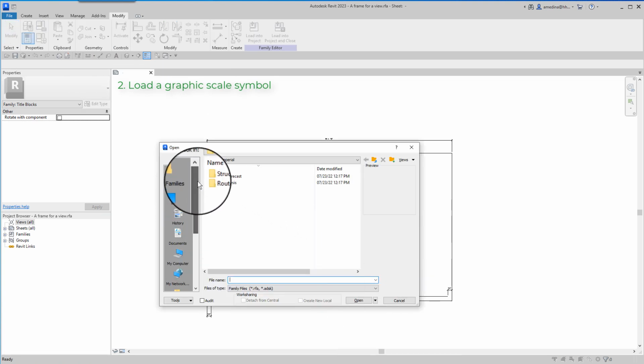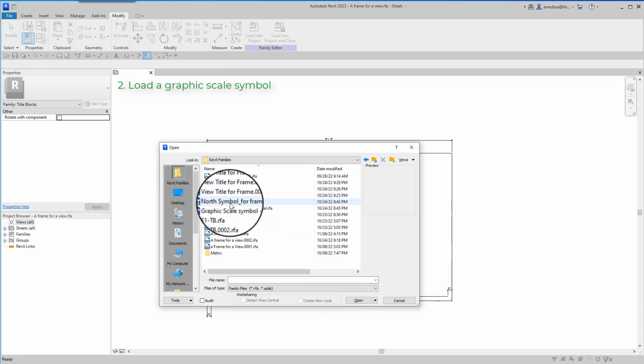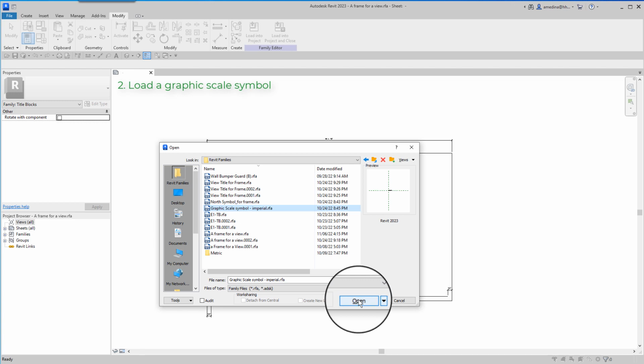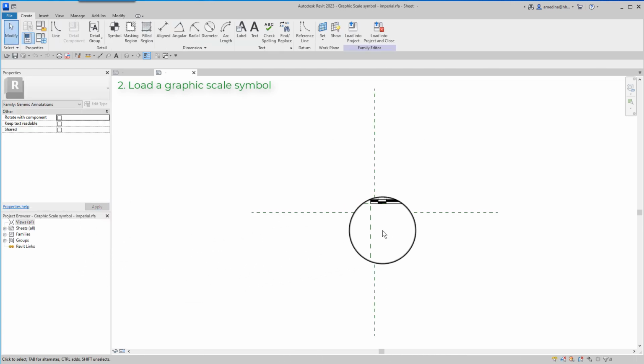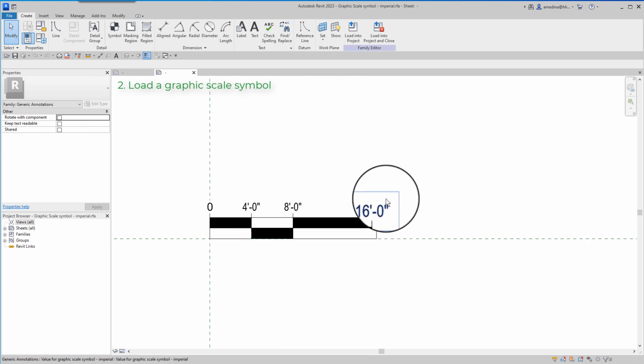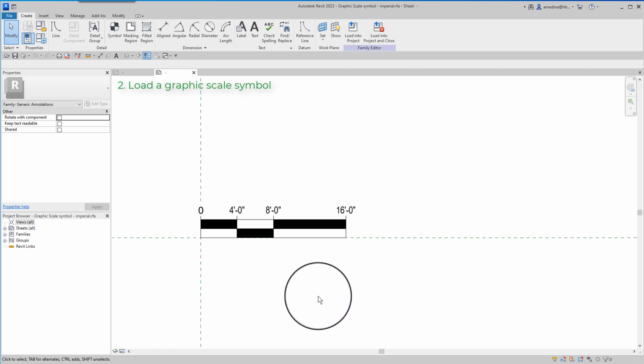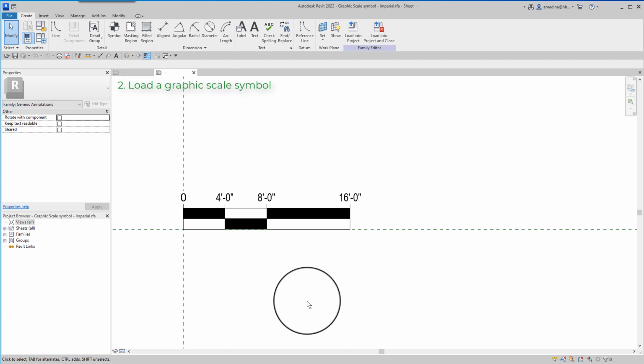I go to the folder and take my graphic scale symbol imperial family, which we demonstrated in a previous video. And I need to load this into the frame. Before that, let me do a quick refresh of things we did for this family.